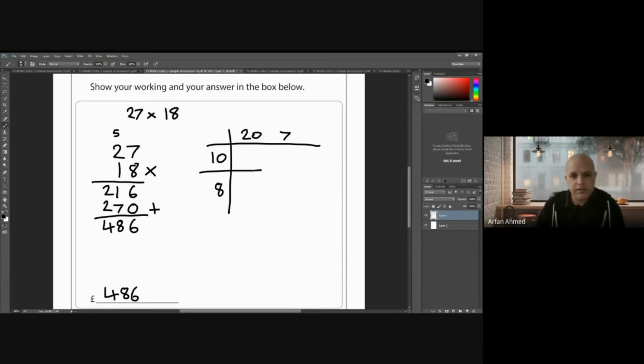And you just multiply these together. 20 times 10 is, well, 2 times 1 is 2, and you got 2 zeros. 10 times 7 is 70. 8 times 20 is 160. 8 times 2 is 16, plus a 0. 8 sevens are 56. And you just add these in a different color. You just add these 4 together, and you should get